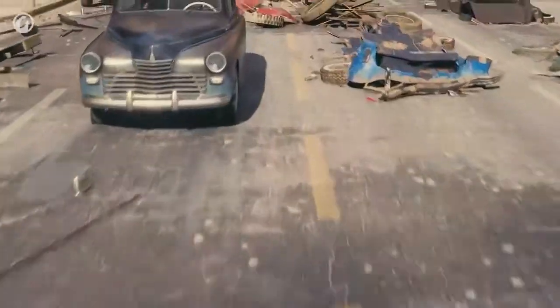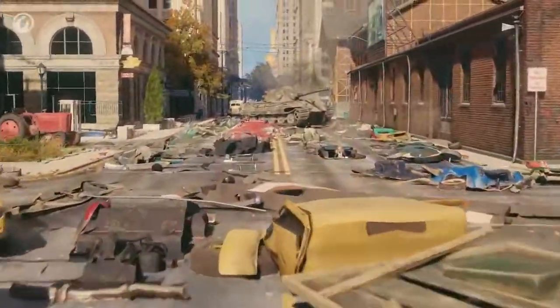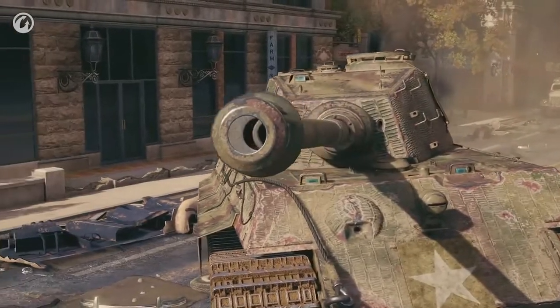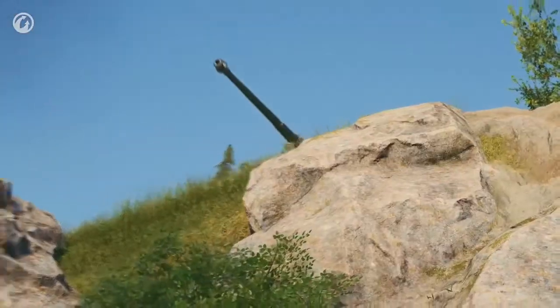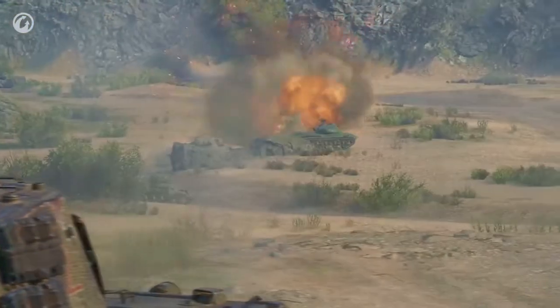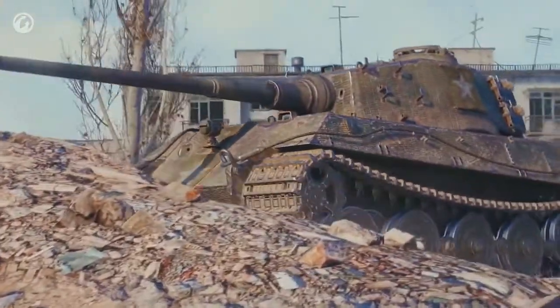Today, we've done some useful social experiments, and we've come to an interesting conclusion. Throughout history, humanity hasn't invented anything better than the tank. Especially this one. The Tiger doesn't adjust to conditions, it creates them. At long range, it's hard to hit its soft spots, but it fires accurately in return. At close range, the Tiger uses all the advantages of German armor